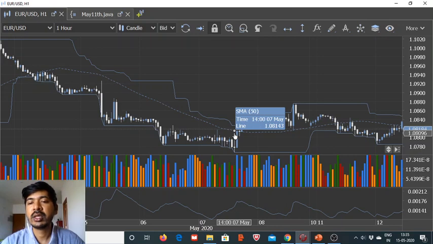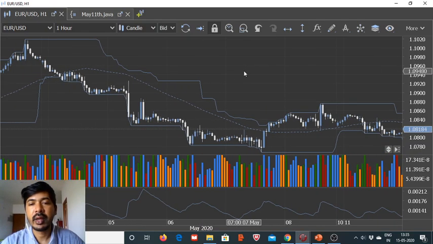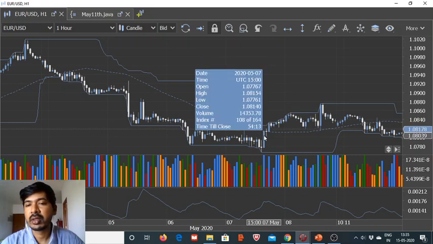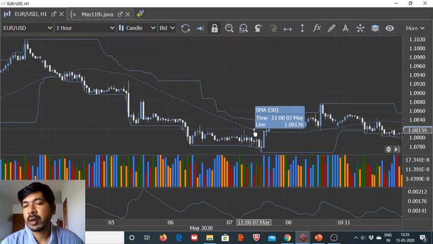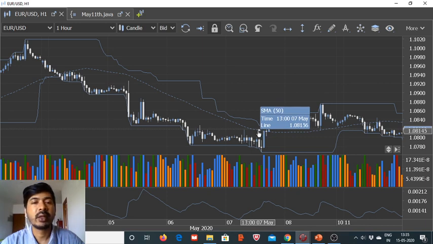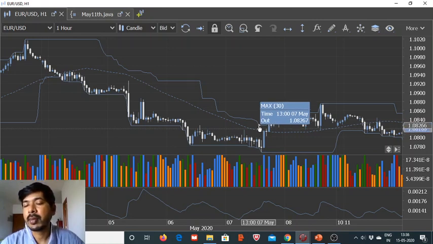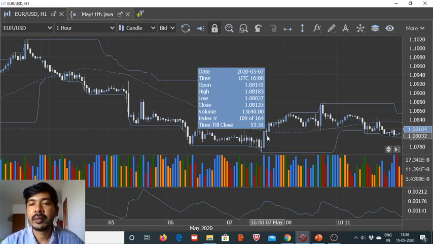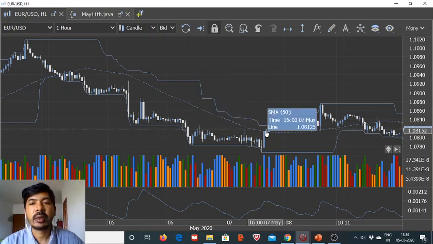Then we add one more condition. We say that the trade should happen if the conditions are conducive for a short sell trade. Then the trade should happen only when the last hour's closing value is below this 50 SMA, but the maximum of the last 5 hours is greater than the 50 SMA value. That means in the last 5 hours the maxima has touched and gone beyond this 50 SMA, and now the selling pressure is coming back and pushing the price lower, and this way our trading range will be pretty much